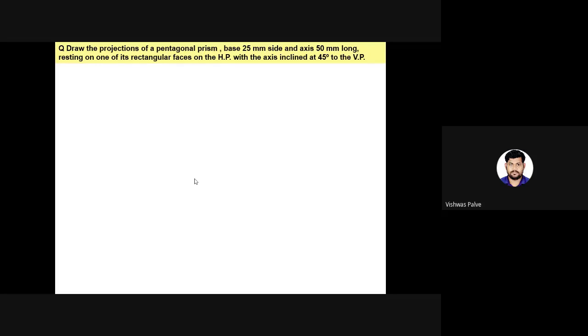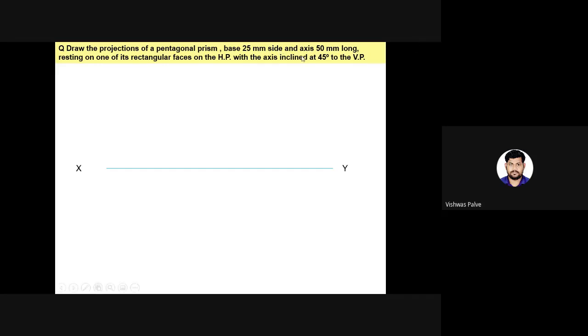So it is a three-stage problem. First of all, in stage one, whether we are going to draw it below the XY line or on the XY line, that we have to identify. Whether we are able to draw the object, yes, for that we require a base and the axis. If base and axis are given, we can easily draw the pentagonal prism. So stage one, step one is first to draw the XY line. Always we have to draw the XY line and identify whether the object is resting on the horizontal plane or the vertical plane. So the question arises: first we have to find out the inclination, whether the inclination is given with HP or VP.